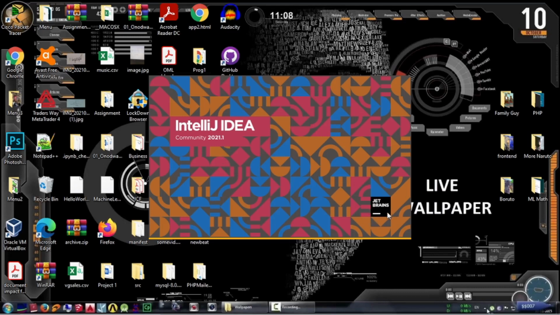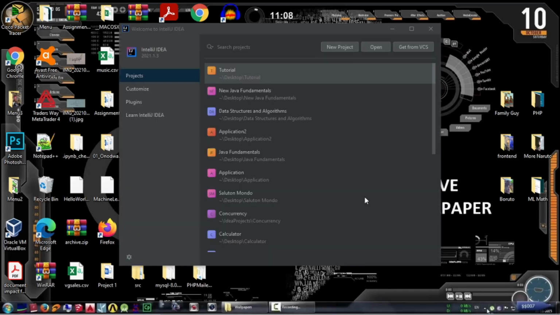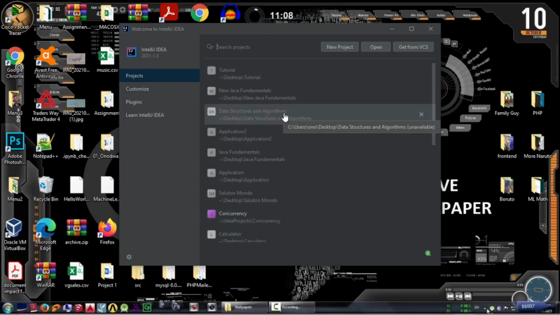And as you can see here, there's the JetBrains icon because we downloaded it from the JetBrains website. This is kind of like the welcome page of this app. I have a couple of projects here that I've done already in IntelliJ, but you guys haven't done any, so you won't see this over here like I do. You have to click on new project,